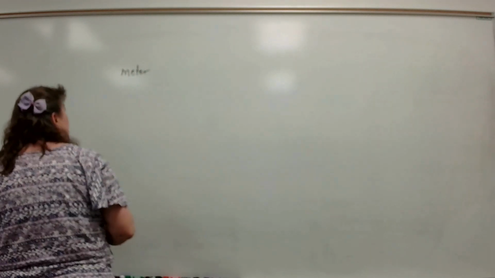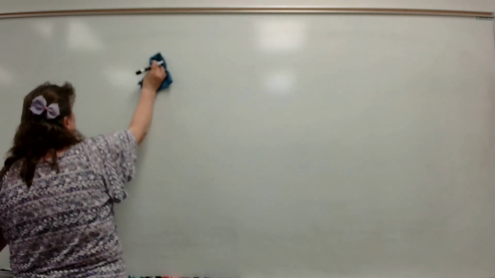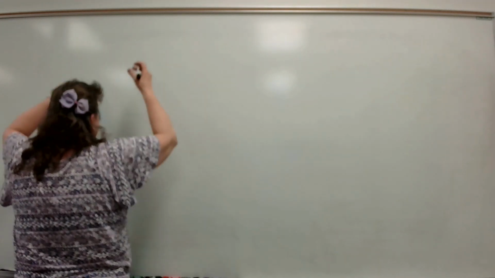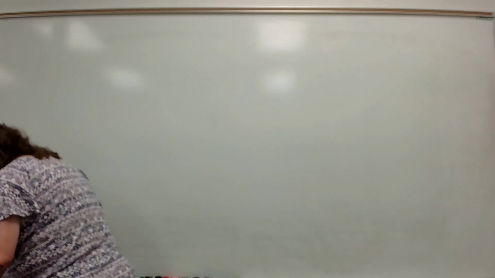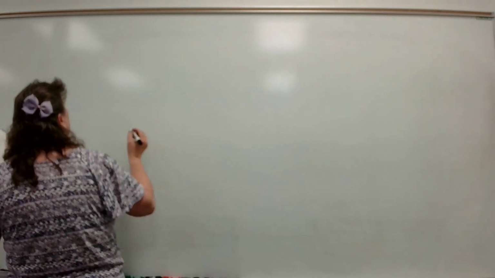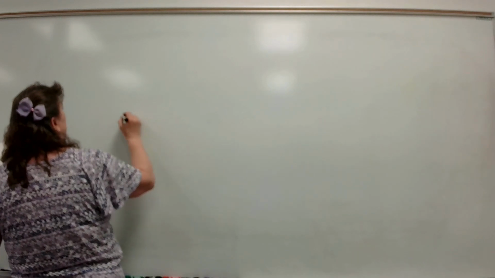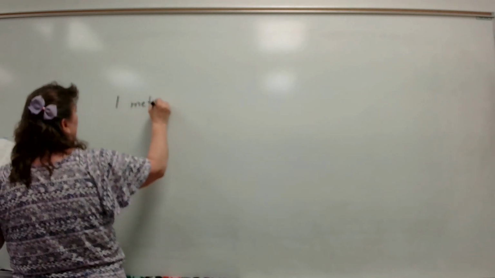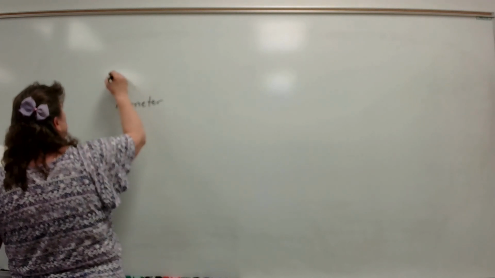It's the one that everything is based on. Either so many equals a meter or so many meters equal the other. So let's look at this. If I have 1 meter, if I have 10 meters,